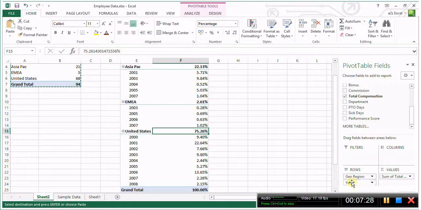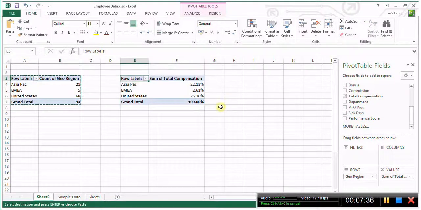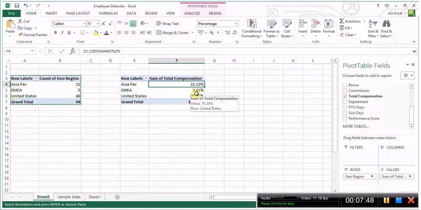Here I can get rid of it by leaving it back to the main pivot table field section. Now you can see it clearly that out of total 100%, Asia Pac has 22.13% of contribution or placement, EMEA has 2.61, United States has